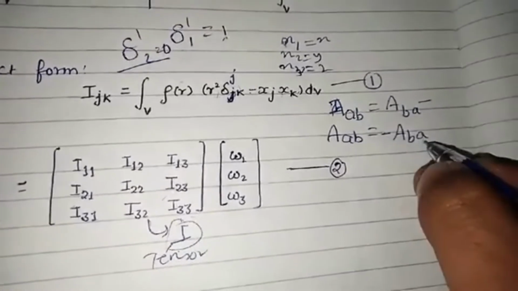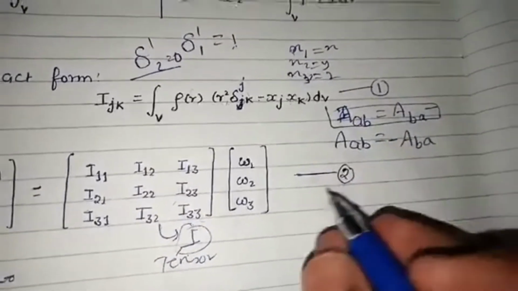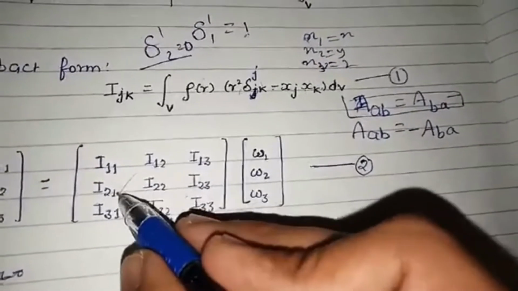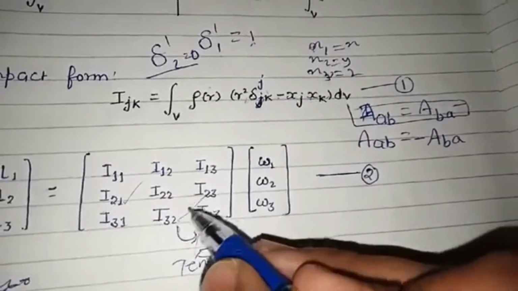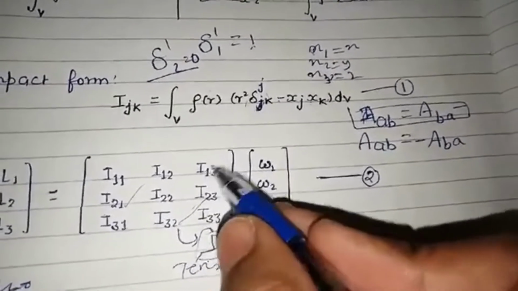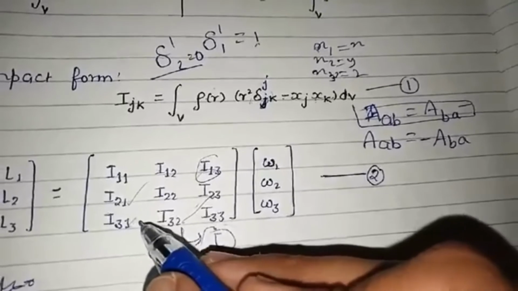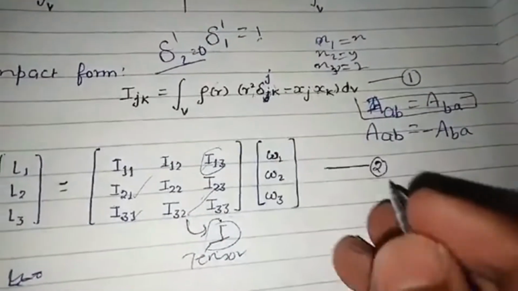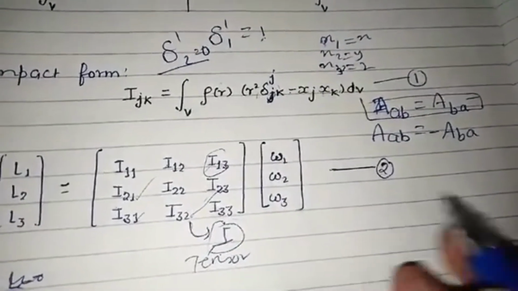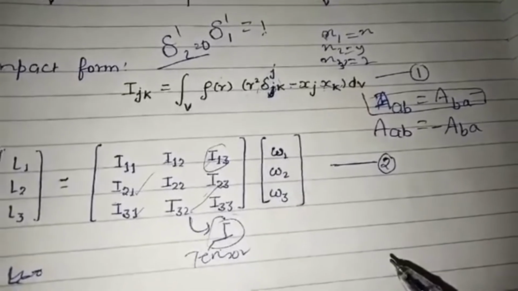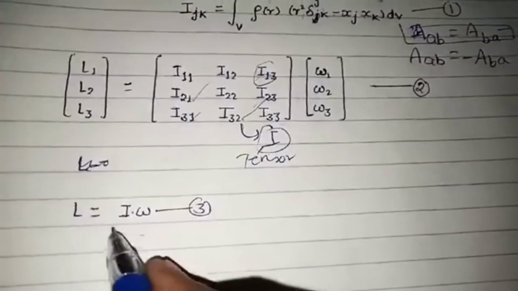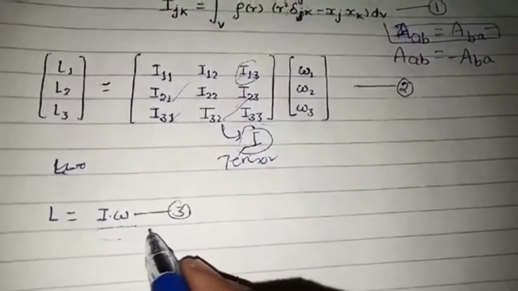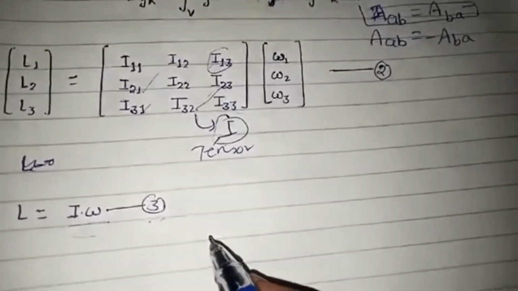जब इसको सिमेट्रिक होगा, ये सिमेट्रिक की कंडीशन है। सो ये I11, I21 और I23, और I32 इस तरह से सिमेट्रिक। एक और है I13, I31। सो ये सिमेट्रिक दिखा रहे हैं, the tensor I is symmetric tensor. Now the relation connecting components of L and ω can be written as, सो हम इसे इस तरह से दिखा सकते हैं, L is equal to I ω।